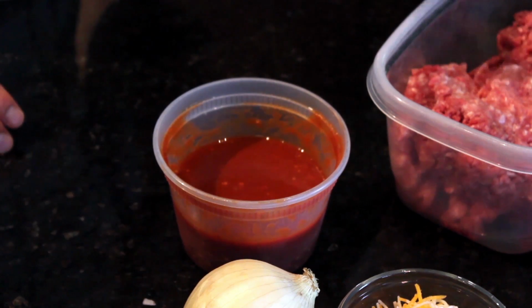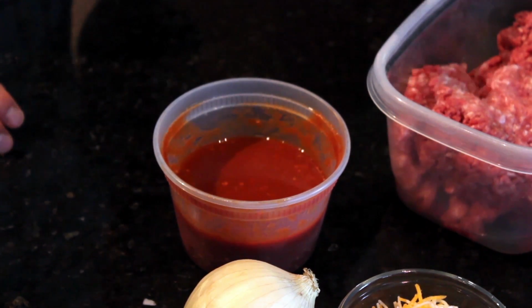And then we're going to baste the meatloaf with this great Mexican style tomato sauce. All I did was take a small can of tomato sauce that you find in your grocer's aisle, where you have tomato sauce, tomato paste, and all the canned vegetables. Then I added about 2 tablespoons of pineapple juice, 2 tablespoons of orange juice, the juice of 1/2 lime, and then about 1 tablespoon of my Mexican spices. I took that and put it on the stove, came to a slow boil, and then immediately turned it off